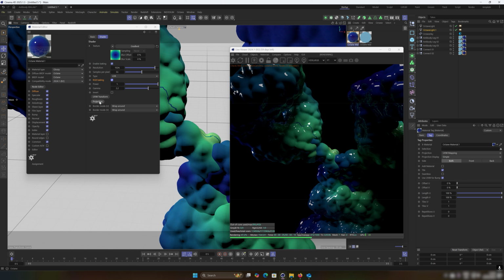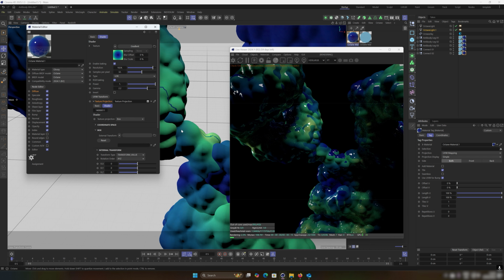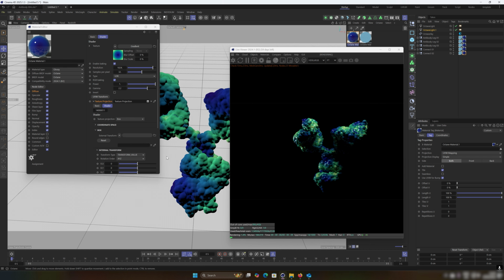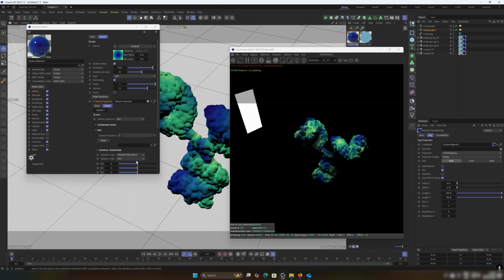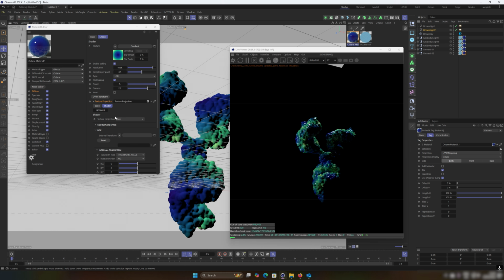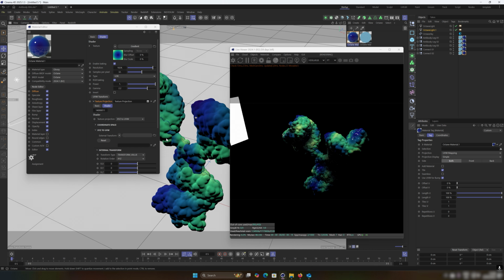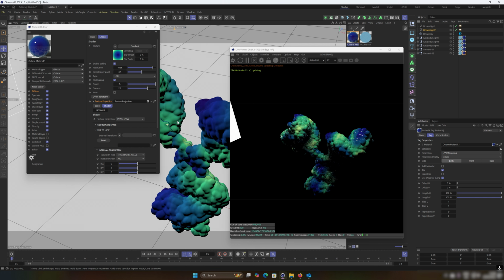If we click on projection, select this little arrow and then press box. What it does, it applies the gradient across it all. In fact, I don't think box is what we need. I think we need it to be XYZ to UVW. Yeah, that's better. So even though we can see that kind of seam in here,